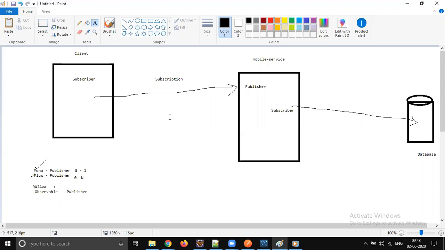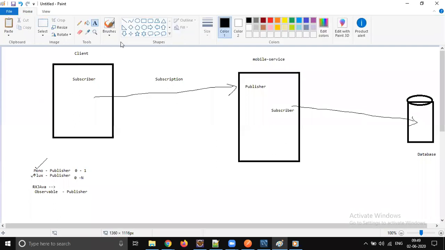The same concept applies to magazines. For example, there are weekly or monthly magazines, and people who read them do the subscription. Based on their subscription, the publisher distributes the data. So subscription is nothing but the process by which the subscriber retrieves the data from the publisher. It is through subscription.